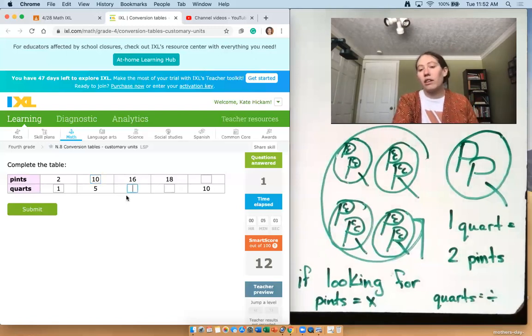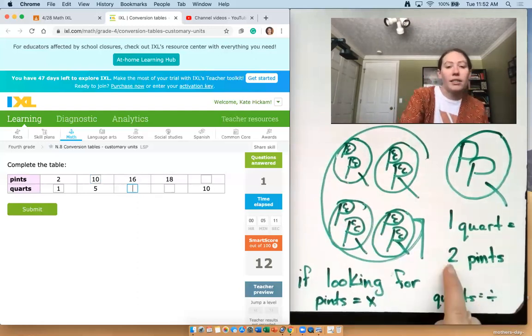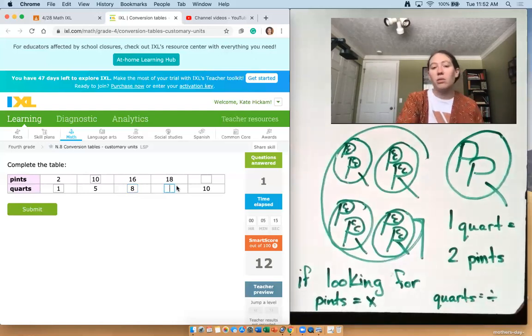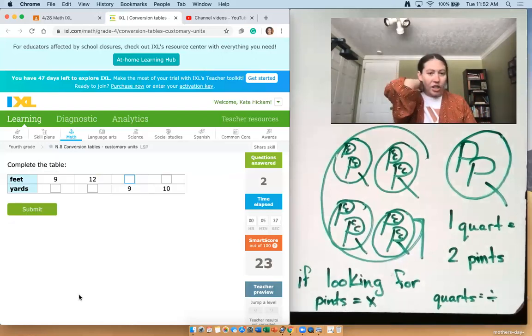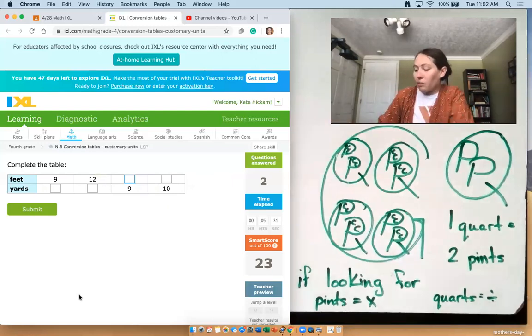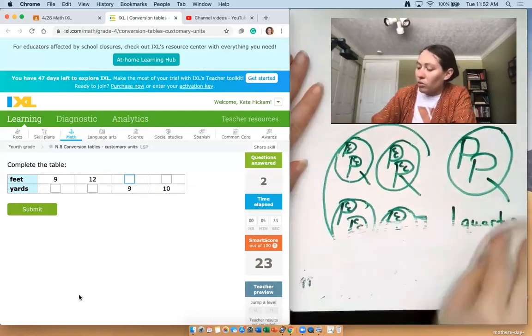16, this time I'm looking for quarts, so I'm going to divide. 16 divided by 2 equals 8. 18 divided by 2 equals 9. This time I'm looking for pints, so I'm going to be multiplying. 10 times 2 is 20. So take your time with these. I'm done with quarts and pints for a minute. So I'm going to do feet